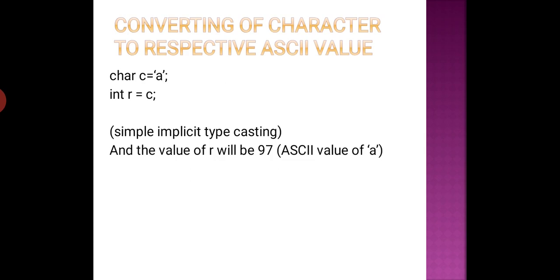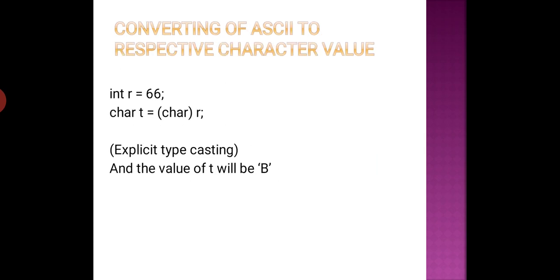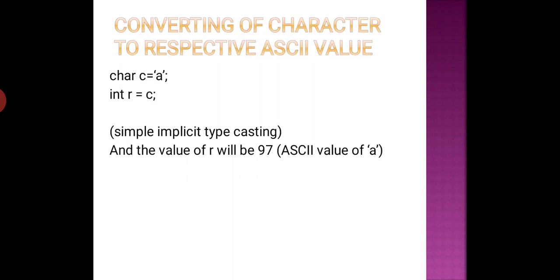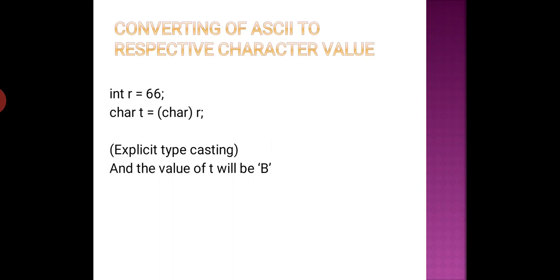So in case you print r, then 97 will be printed, which is the ASCII value of small a. Now this is converting a number back to the character. Let's take a number like 66. In case you have noticed, in the previous part this is the implicit typecasting which I am using, and here it is the explicit typecasting. Just by writing char t is equal to (char) r, you can get the character. You know that the ASCII value 66 is capital B. So this is the way from a character you can easily find out the ASCII value, or from the given value the character.